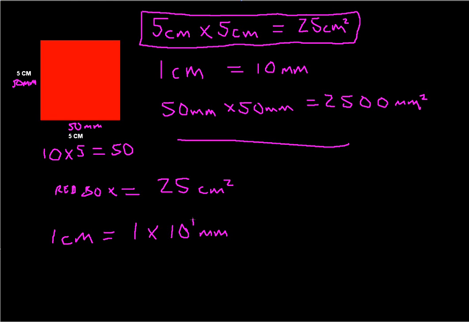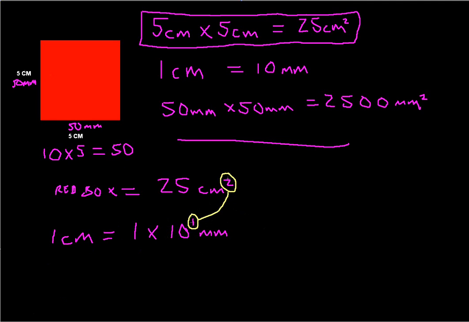Okay, so I've now got this. I'm thinking, right, well, I've got this, and I know I want it in, if I just change colour, I can highlight for you, I want it in squared. Squared means times one side by the other. Right, well, I've got this as well, which is my conversion factor. So what do I do? There's got to be some link between this one and this one. Well, there is. All you have to do is times this number here, in this case 1, by this number here, which is 2. So we now know that,